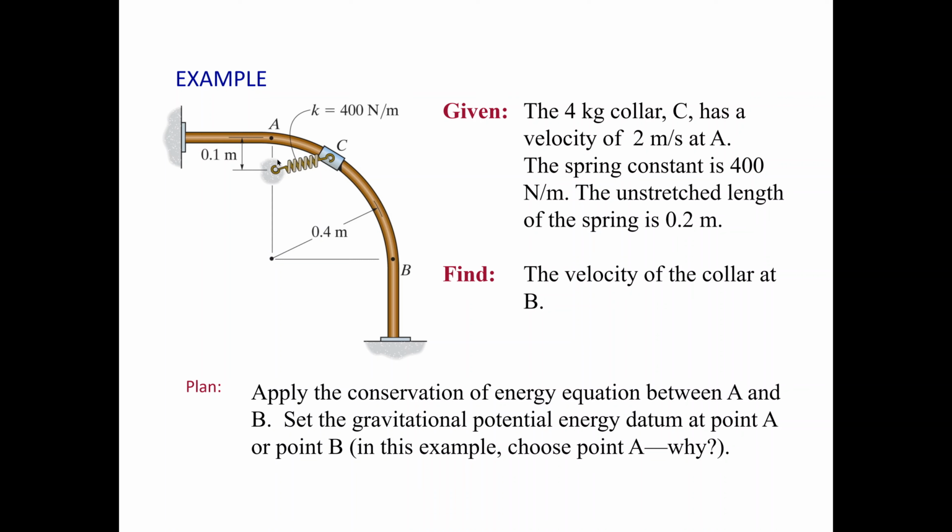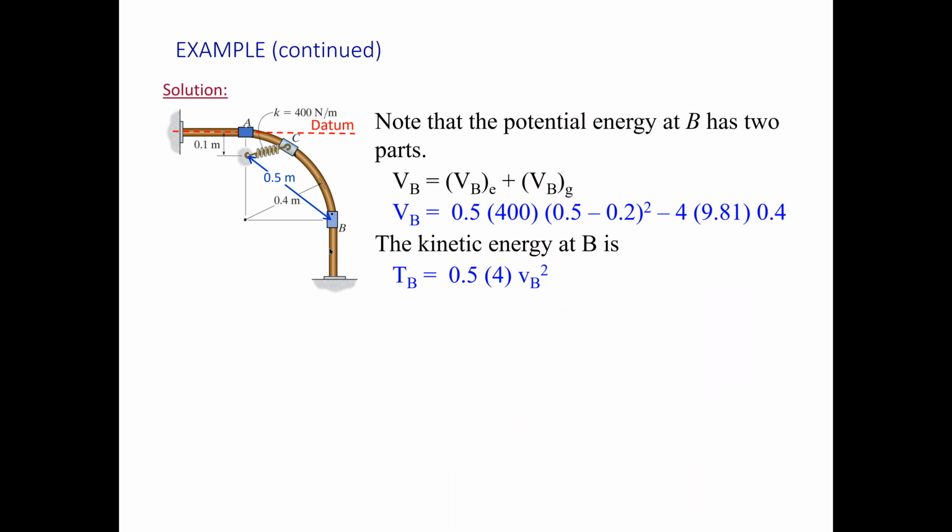So like I said, we're going to have three terms on each side of the equation. Okay. So we can look at it. We have the two potential energies. We're going to have here our energy stored in the spring. This is at point B. So we're going to have gravitational energy, which is 0.4, and that's going to be negative because the 0.4 is essentially from this position all the way up to here, point A. Okay. So we could say that this is our datum point, at this level, and then it becomes